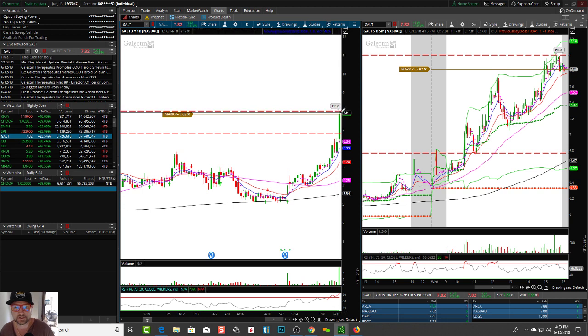So again, this can still pop up over $8, even though it's overextended. Just be careful. If it fails $8, this is a nice short. If you have a broker where you can find shares to short, you have a big reward area. You can see $8, really good area, whole dollar amount. It already pulled back around $8.